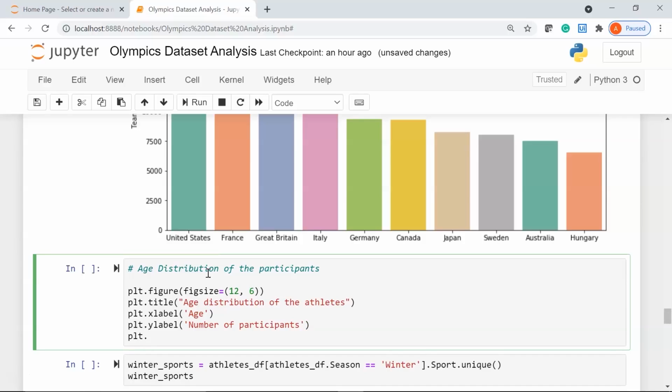Next, I'm going to use the hist function. So I'll say plt.hist, and I'll pass in my data frame, that is athletes_df.Age, which is my column name, comma, I'm going to pass in the bins. For that I'm going to use the np.arange function. So np is for numpy, and inside this I'll say 10, 80, 2. So my bins will start from the value 10 and go until 80 with a size of 2,